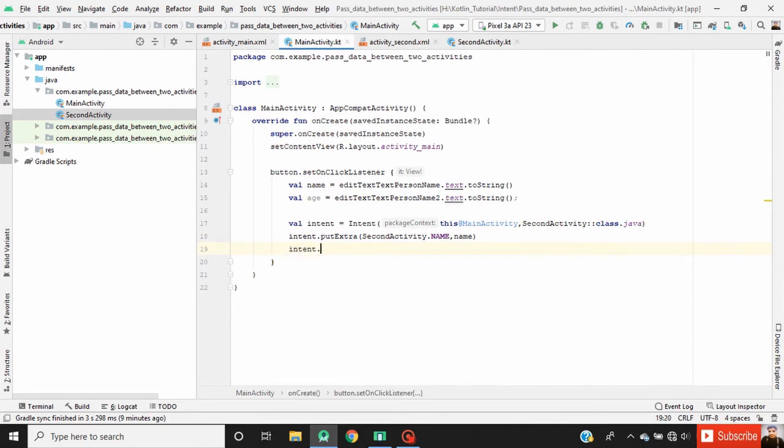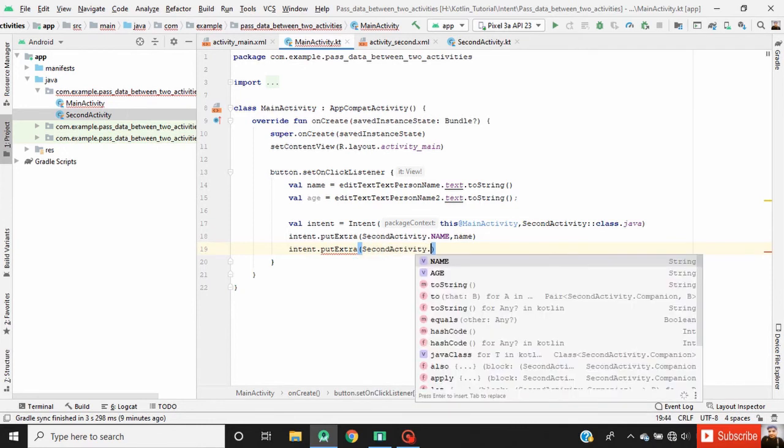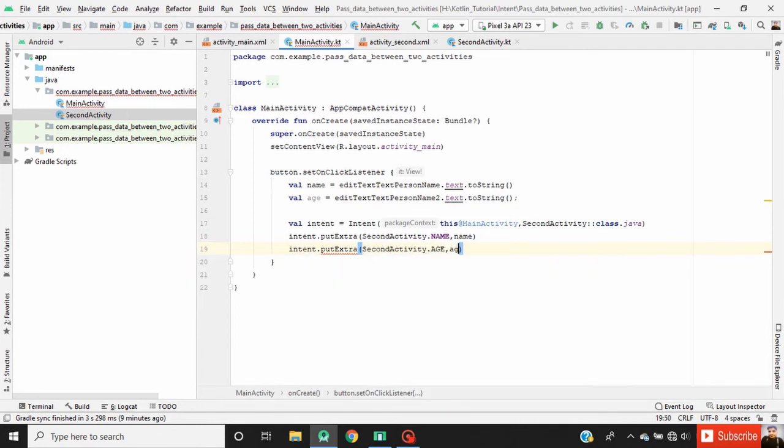Similarly, intent.putExtra SecondActivity dot age and pass our age variable. Now start the target activity by calling startActivity function and pass our intent object.